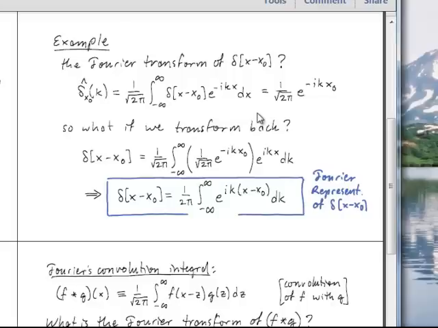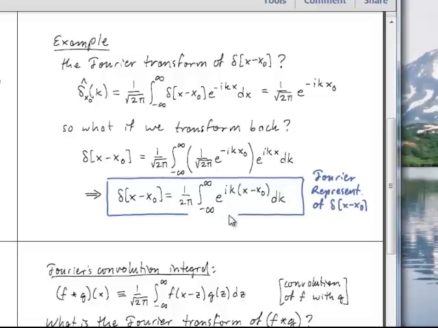What if we now ask, what's the inverse Fourier transform of this function? Well, it should be the delta function. And by definition, that inverse Fourier transform is this thing, right? So we can do that integral. This is the formula for the inverse Fourier transform. We take the f of k, which now is this thing with a parameter x naught, multiply by e to the ikx, integrate out all values of k. Okay, and that of course can just be written more compactly in this form,